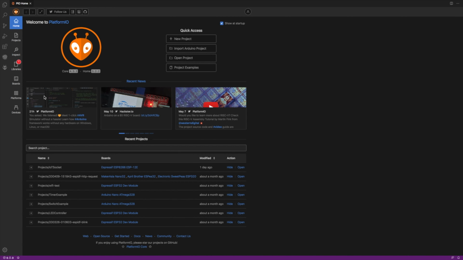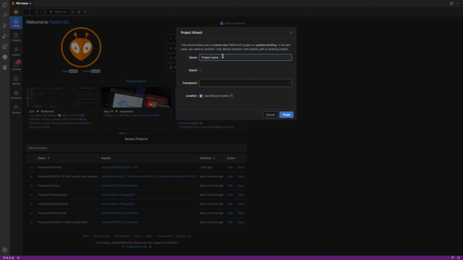So this is the page that loads every time you start Visual Studio Code if you have Platform.io installed. So we'll create a new project. Let's name it IoT appliance, or rather Wi-Fi appliance controller. Okay, let's select the right board, which should be